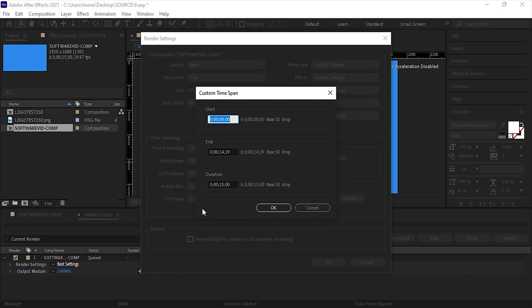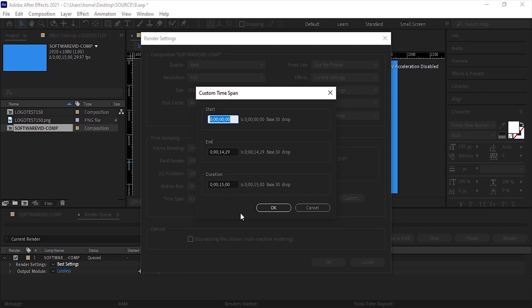In this box and the Start section, 0 time is considered as the start time of the video. By changing the values of this box, you can set another time to start your video. You can also change the end time of the video by changing the values of the End option. In addition to the mentioned value, you can even change the duration of the final video by changing the Duration values. Of course, we intend here that the duration of the final video is the same as the duration of the composition.